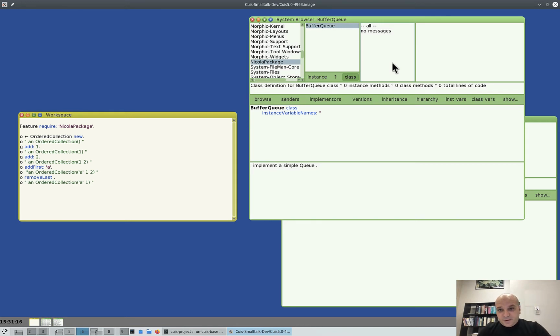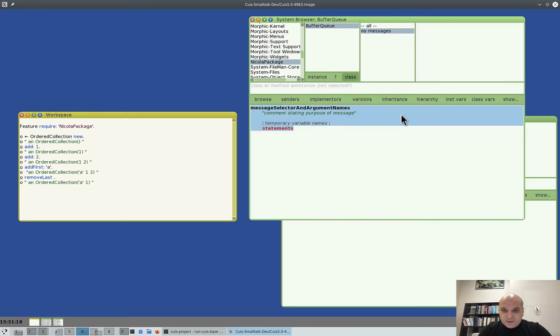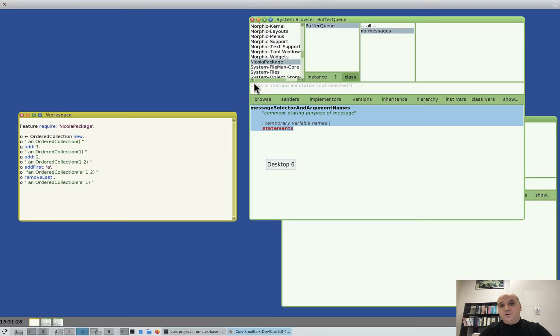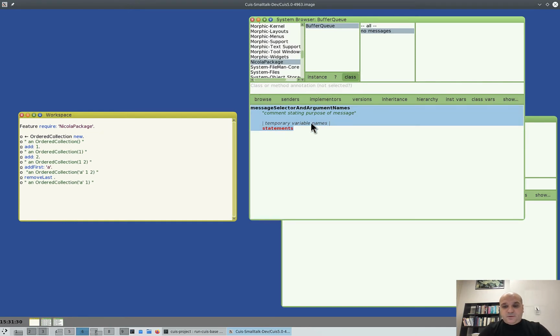So we click here and let's check. We want to create objects in this way. You see, the message of size is sent to the class BufferQ, and so we do it like that. Of size with parameter a number returns what? Well, let's say we do like this. Self